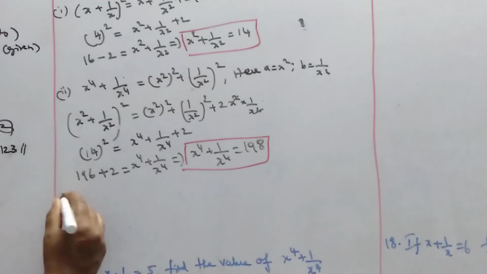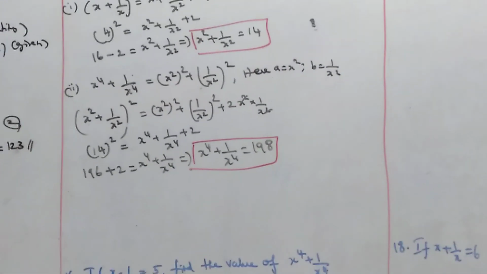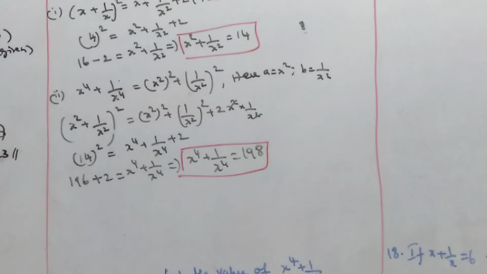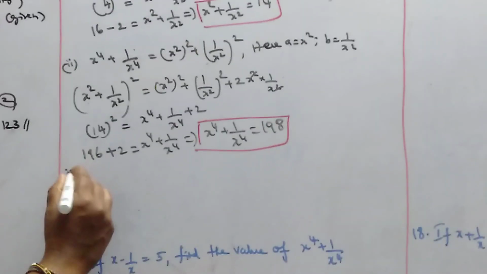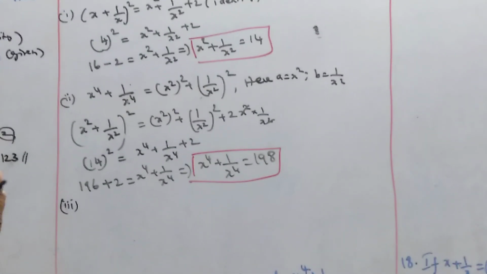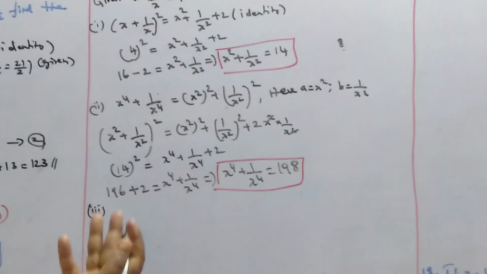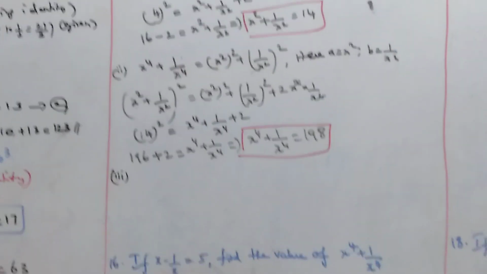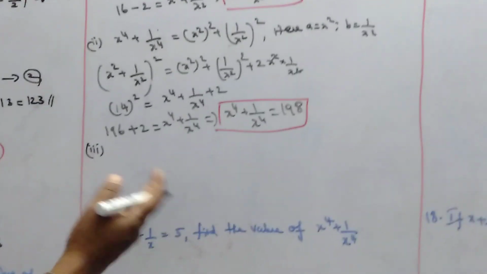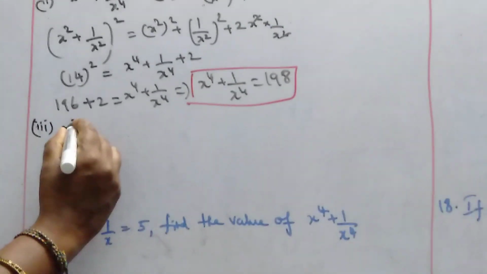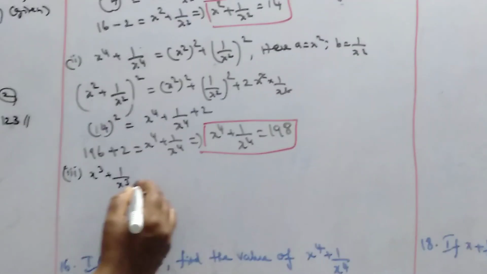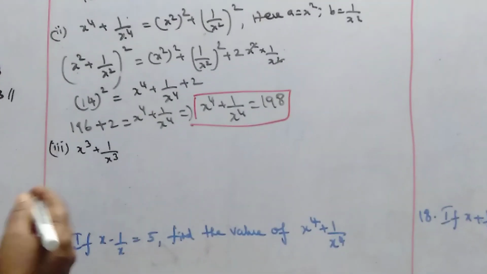You all are very familiar with this, which is the cube formula, right? So further we are doing the cube formula. For the first 10 terms we have used only square formulas. Then later we are using cube, x power 4, then plus minus, all this x square plus y square, all this we are using here. Okay, third one here, x cube plus 1 by x cube. Okay, this is the form a cube plus b cube.